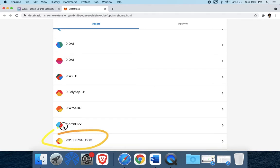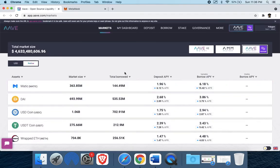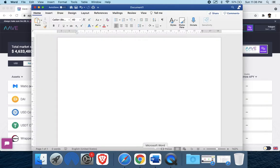So I can draw it. All right. So 222 USDC. I'll ignore the smaller amount, that's fine. What I'm going to do is, let's connect MetaMask, browser wallet. Okay, so in Aave, what you can do is you can deposit and borrow and earn APY. So, firstly, Aave, Polygon. Okay, so first I'm going to deposit my